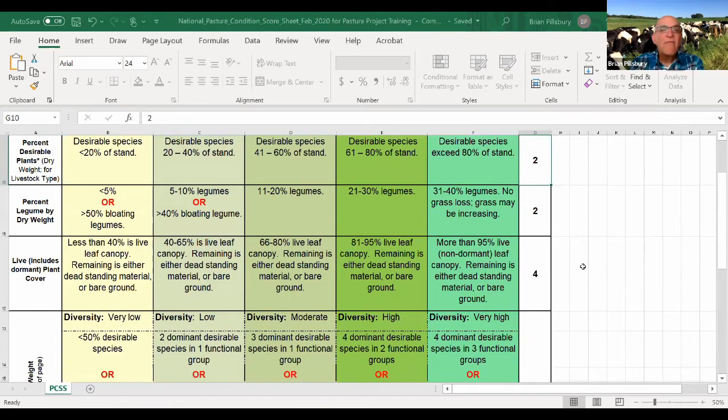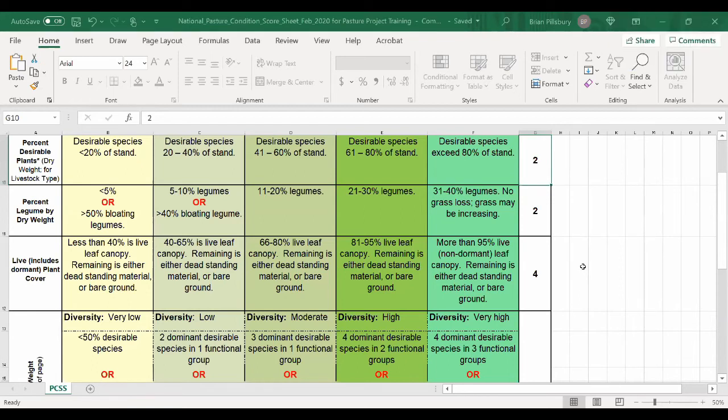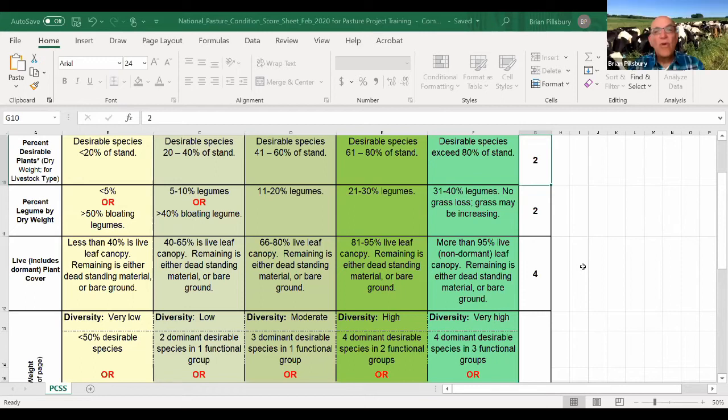And then we're looking at live plant cover. This is just the cover of the ground, and we want to know how much cover there is. Most pastures in the higher rainfall areas of the country, basically east of the Mississippi, are probably going to have between 80 and 100% cover. It's going to be really rare to find less than 80% cover if there are no animal concentration units or bare areas that have been bare because of heavy overstocking or watering tanks around them. So usually when you do a line point, a step point analysis, you're going to find at least